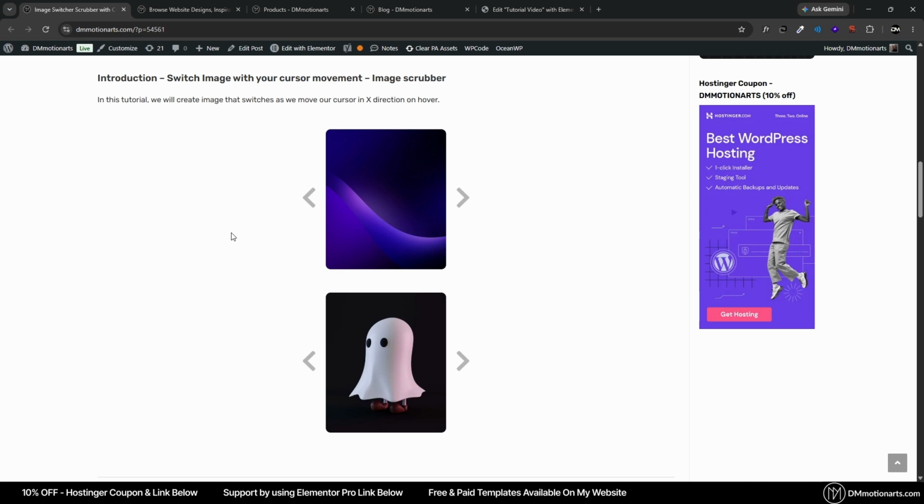One of the amazing effects that you can do is simply change images based on your cursor movement. You could see it automatically changes the images based on your cursor location on this image. So if it's in the left column, it shows the first one, second one, and third one like this. Same with this one, where you could actually use multiple images to give like a 3D look of your project